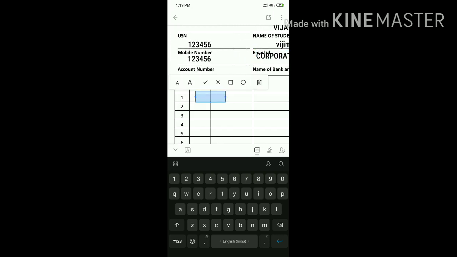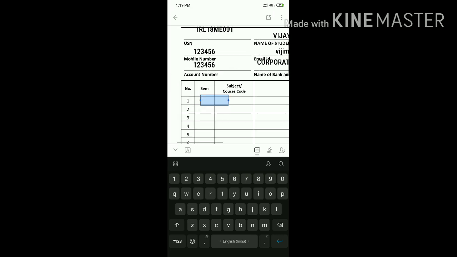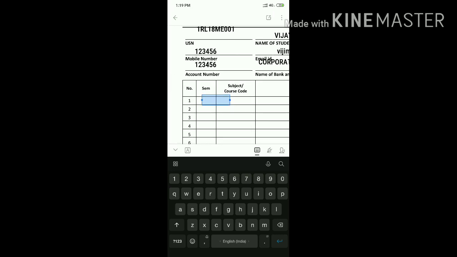Now come to the subjects for which you want to apply for RV as well as photocopy. Please fill this form. For the subject code and subject title, refer to the document we'll send you through your WhatsApp group. Suppose I am going to apply for the third semester, and I will mention the subject code as 18ME34; everything should be in caps.